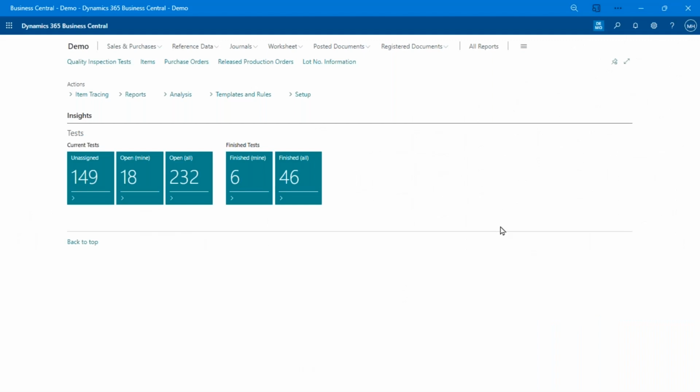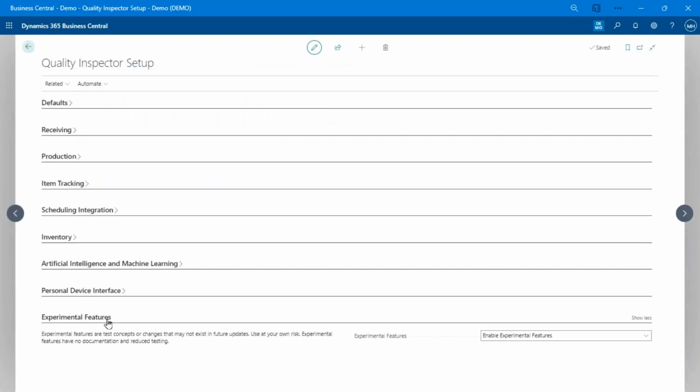And this is the very simple role center for the quality inspector. Now, of course, you can extend this to show everything you like, but this makes it very easy to get in here. Very simple, straightforward, easy to use. And this is also available again in an optimized form on the tablet and the phone. And to give you an idea of what this thing can do, I'm just going to jump into the setup here and show you a little bit about how we set the thing up, just to give you a feel for what it's capable of.